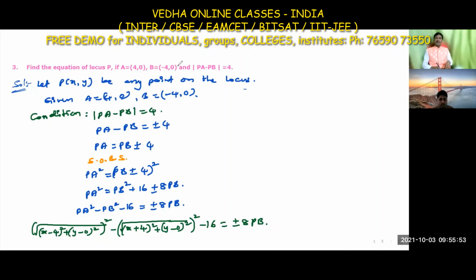Okay, we can cancel the square and root here. So cancel the square and root. Okay, so in the remaining part, a minus b whole square, a plus b whole square. What is the formula? Already you know the formula, right?